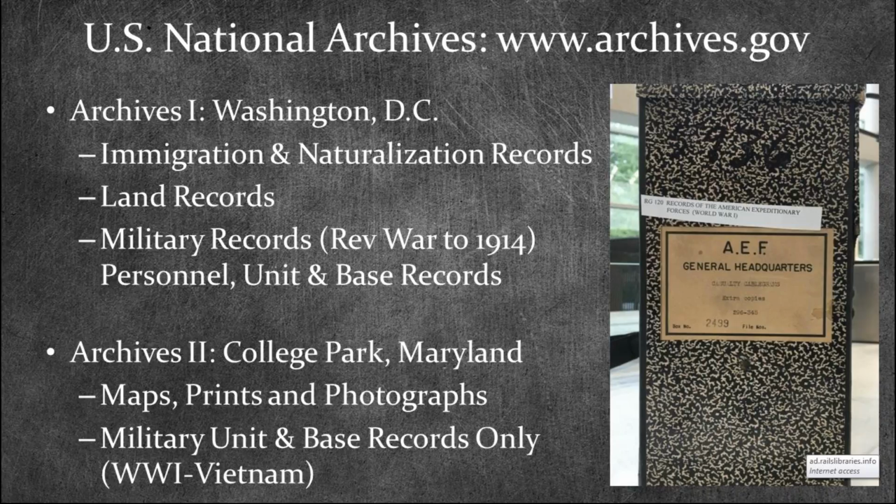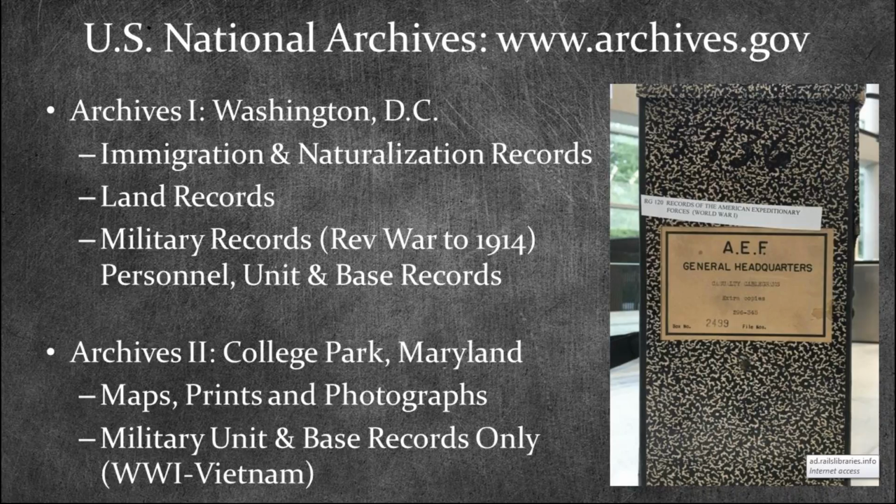So as the U.S. began moving westward, you had a series of land sales that the government provided to individuals, whether it was because they served in the Revolutionary War and they were given a land grant, or they were a homesteader in 1862 and they were given a land grant. The National Archives keeps track of all of that paperwork, and it's available at the National Archives in Washington, D.C.